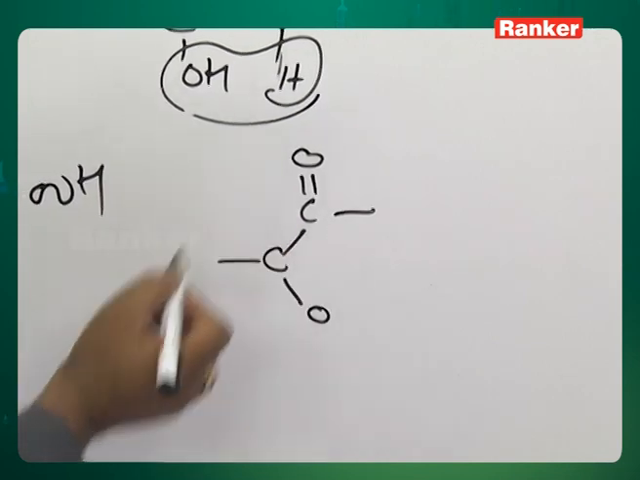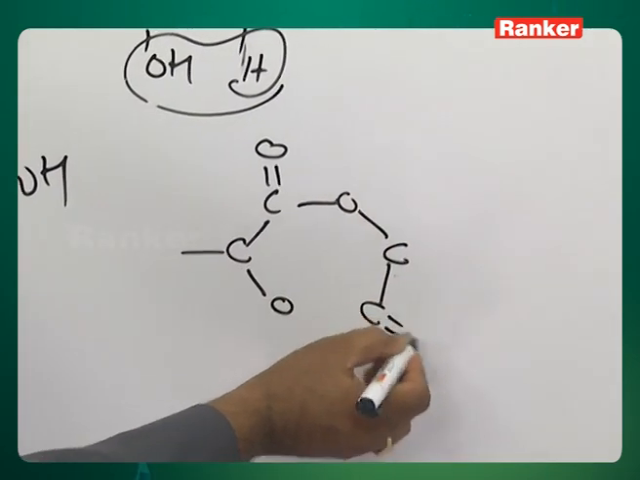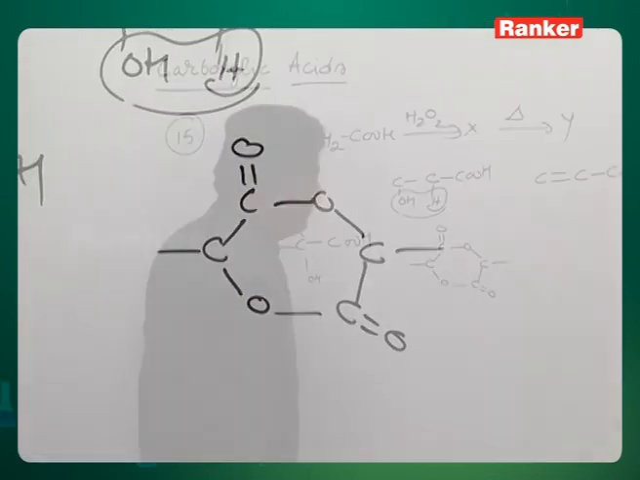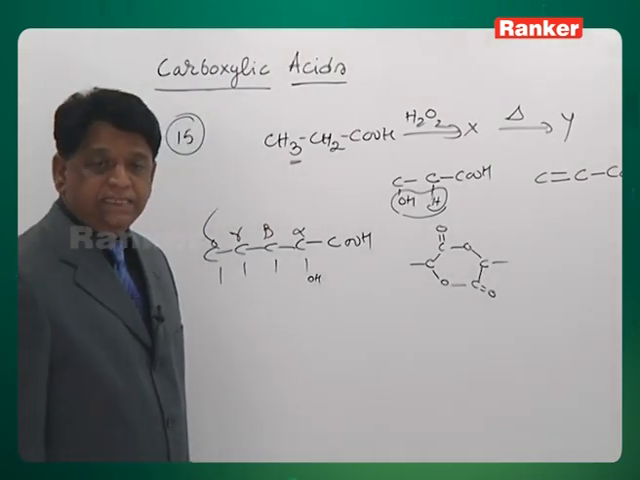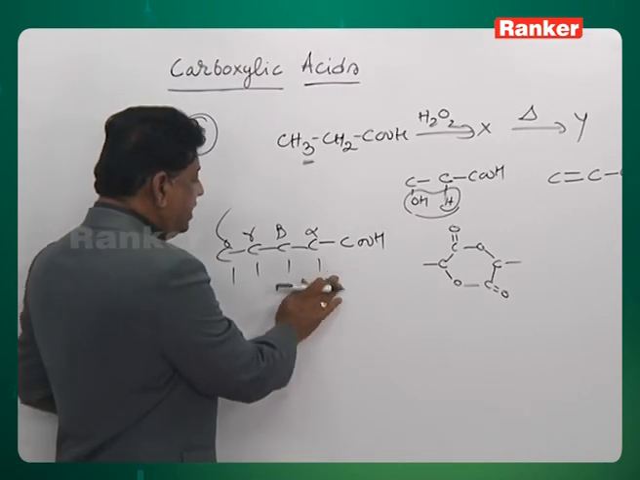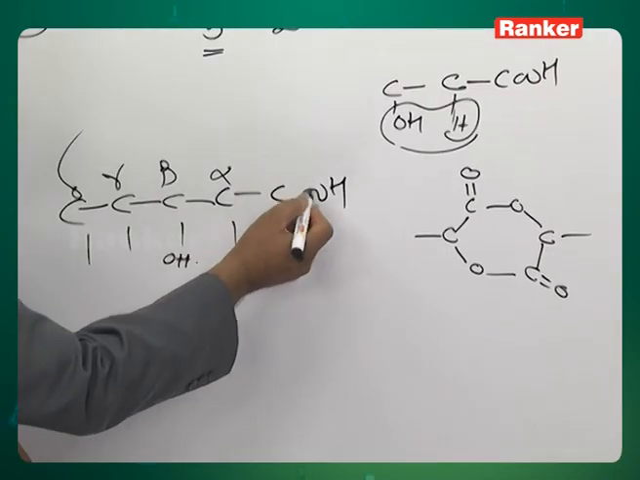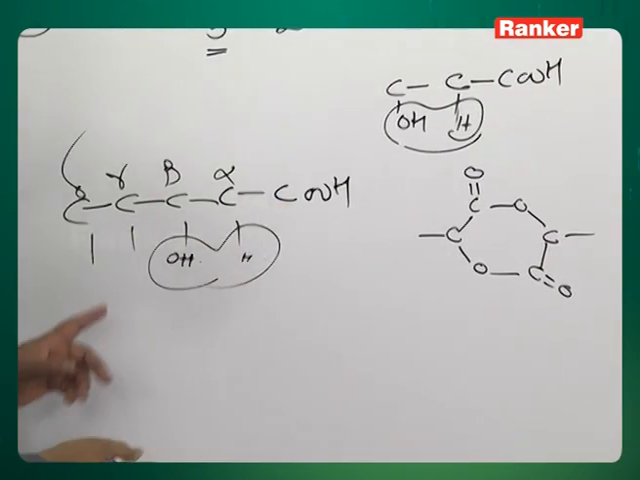This is a hydroxy carboxylic compound, having a hydroxy group and a carboxylic acid. This is called lactide formation. Alpha hydroxy acids on heating become lactides. Beta hydroxy compounds: if OH is beta, the alpha hydrogen shows hyperconjugation, therefore elimination takes place and we will get alpha